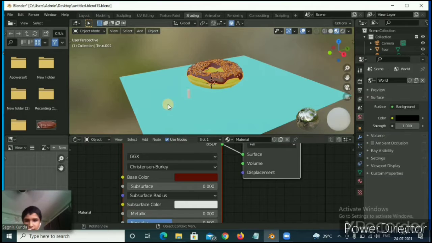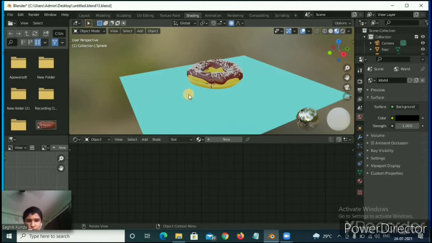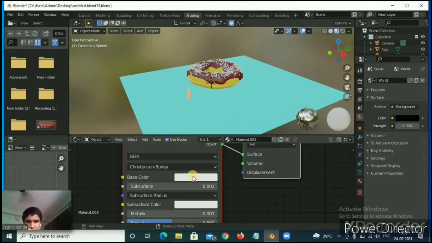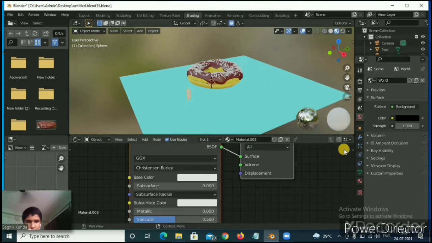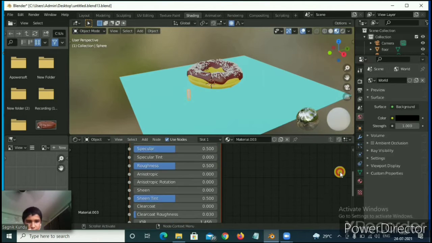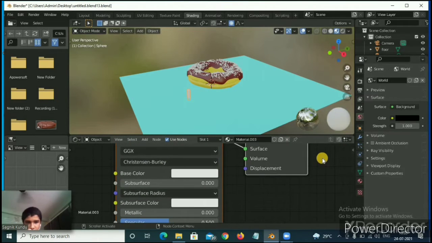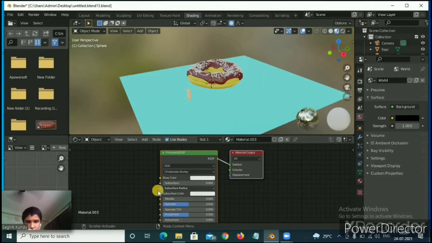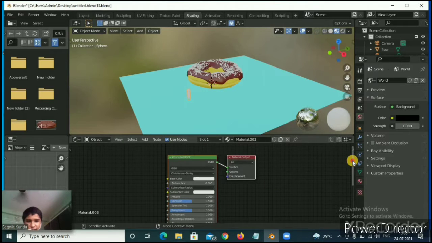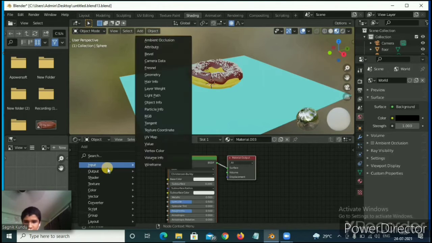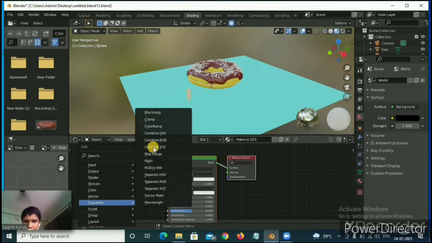I will undo that and then select the sphere, because the sprinkles are a part of the sphere only. Click on new, and then you can see the usual options came. Now you just press Shift A to add an object, go to converter and then select color ramp.